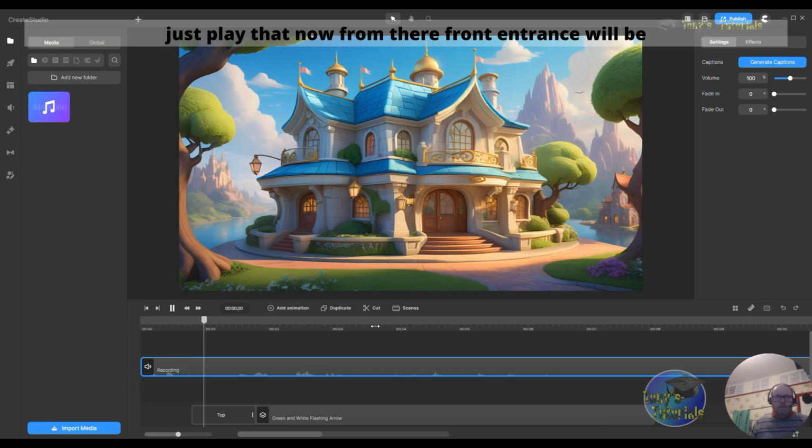The front entrance will be here where it is being indicated by this green and white flashing arrow, and